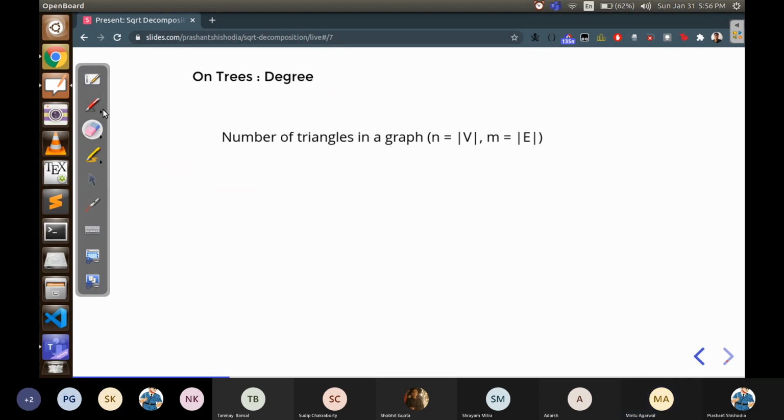Okay, so as in most square root decomposition problems, where you use brute force for heavier vertices and you use some trick for light vertices, it will be the same. We will use exactly this brute force, that we will fix an edge and we will choose the third vertex, even in this problem.